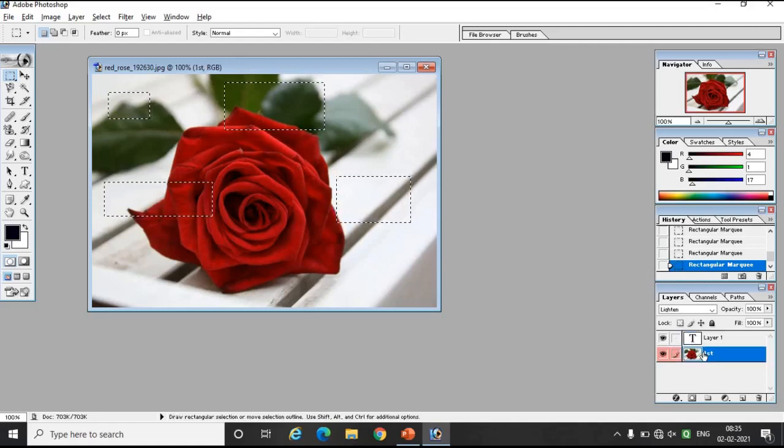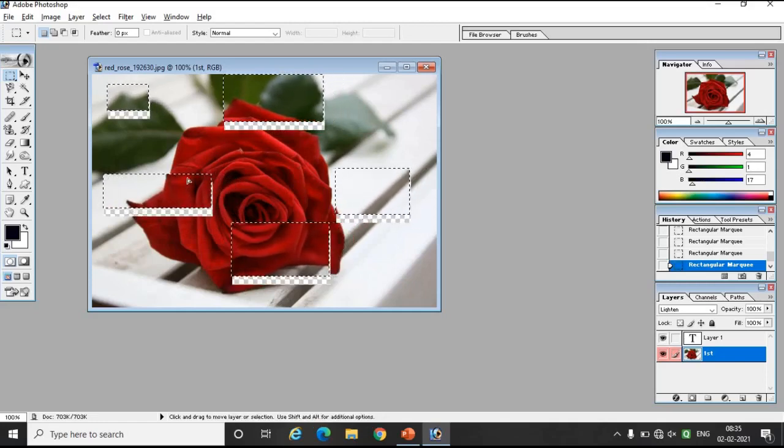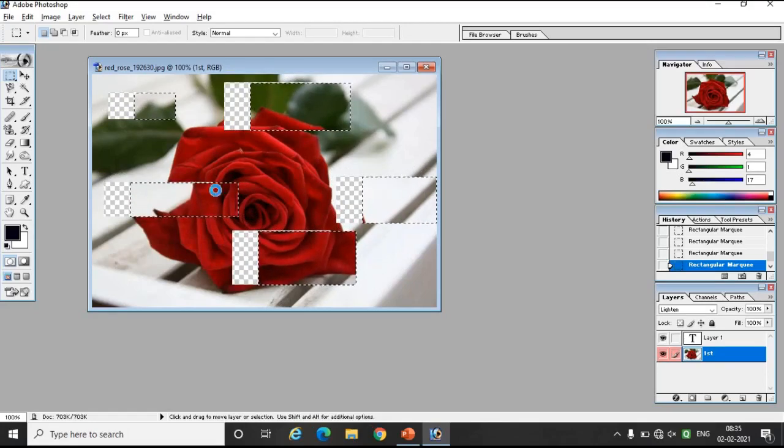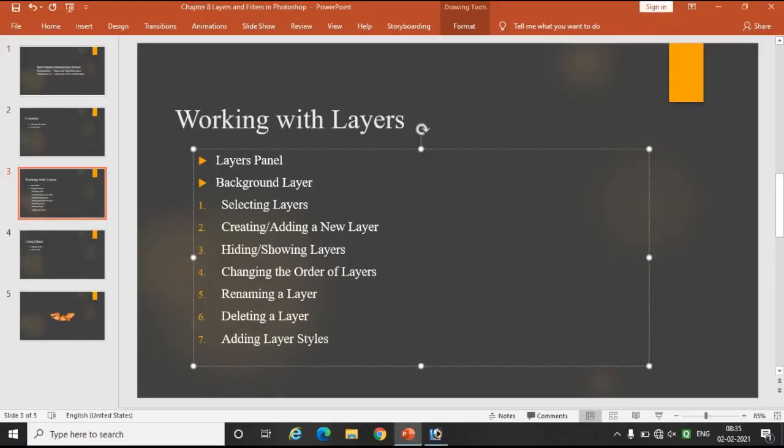So layer मतलब इसके related ही सब कुछ होता है. Just if you want to select more than one portion of an image in the form of a layer, then you have to press the shift key and use your mouse for selecting a portion of an image. Okay, and with the help of the control key, at a time you can move these portions. Okay, so in this way we can select more than one layer at a time in our Photoshop. I will just do Control Z over here. After that, I hope you understood how to select a layer.